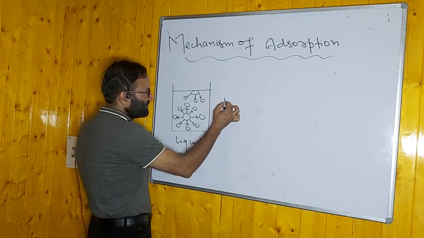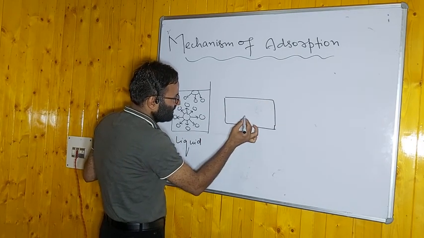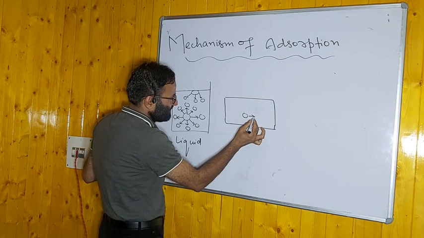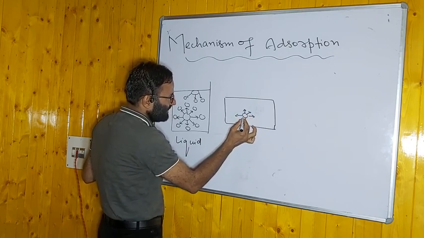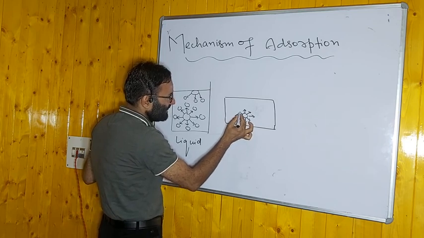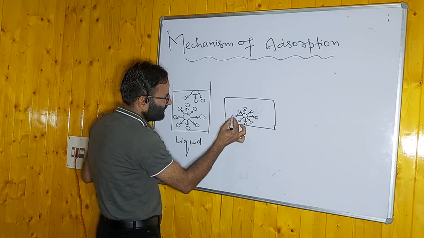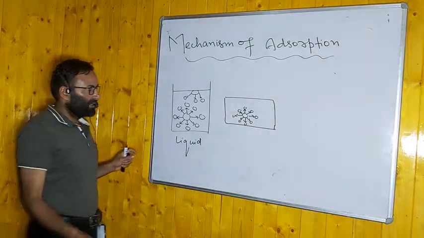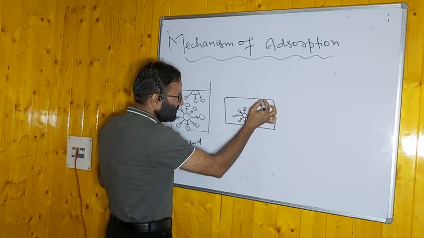If you consider the case of solid, same thing happens. If you have a bulk molecule, it is being attracted by other molecules in all the directions. Hence the net force acting on this bulk molecule is zero. And in the same way, just like in case of liquid, the surface molecule